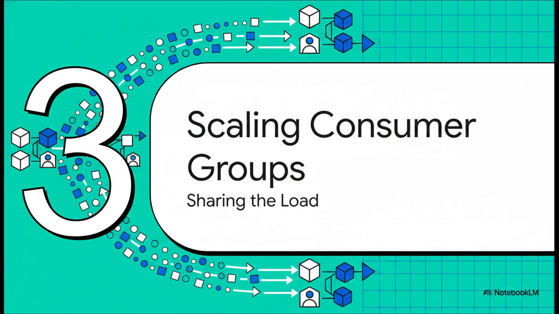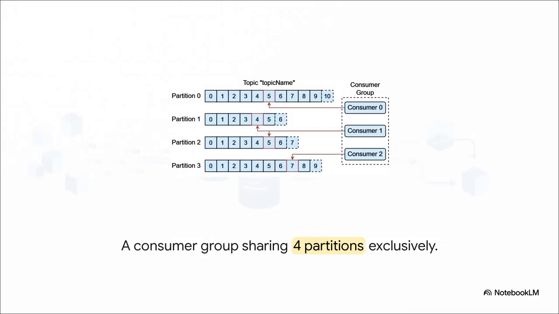All right, Section 3, Scaling with consumer groups, how we share the load. This right here is where the magic of load balancing happens. See, a single consumer trying to process everything will very quickly become a bottleneck. So Kafka uses a consumer group to divide the labor. Multiple consumers team up and share the partitions. And Kafka acts like a traffic cop here, ensuring each partition is exclusively owned by only one consumer within that group at a time. The best part? If one of those consumers crashes, the others instantly detect it and redistribute the load. It's a completely self-healing division of labor.